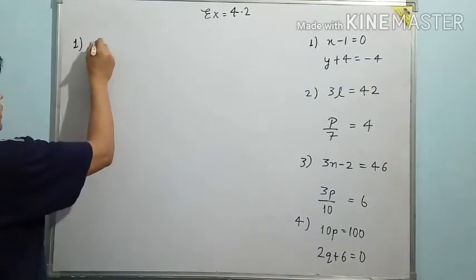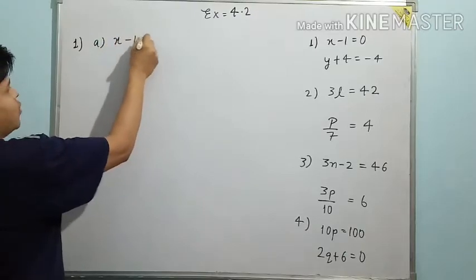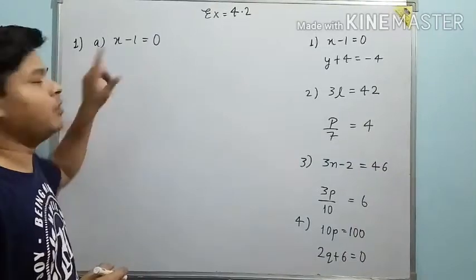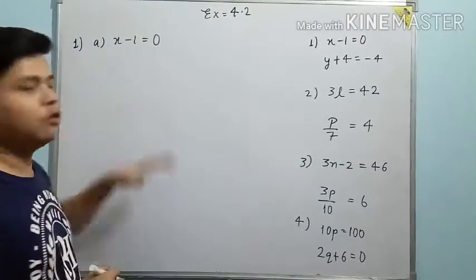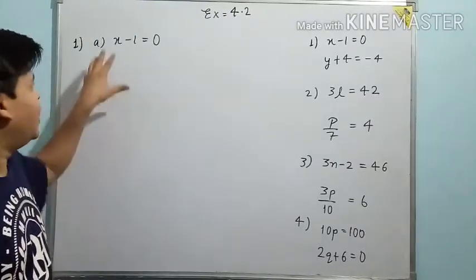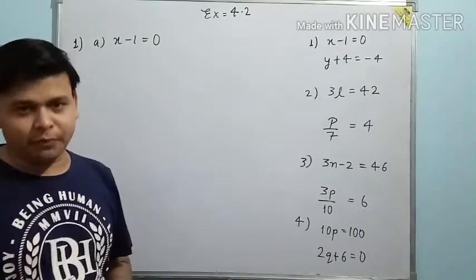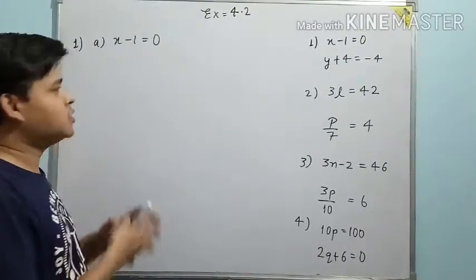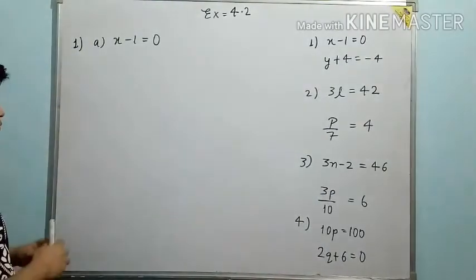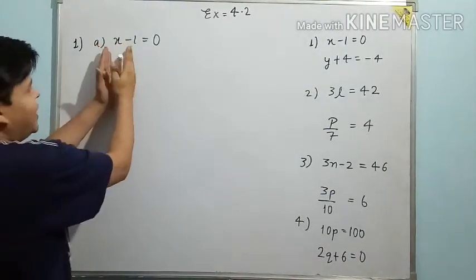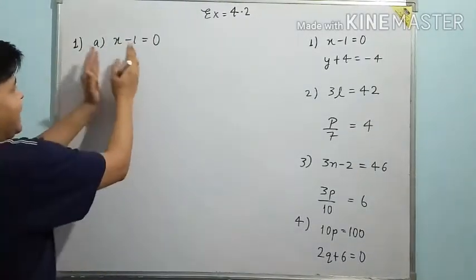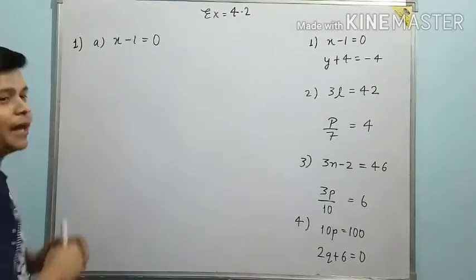So I'm taking here A part, x minus 1 is equals to 0. So what we have to do in this question, we have to separate the given variable here, and then we have to solve the equation. Otherwise we can solve these questions by the transposition method, but here we will use the same method which is given in the book. So let's start. Suppose this is your LHS part and this is your RHS part. So you have to just check that part where the variable is given.